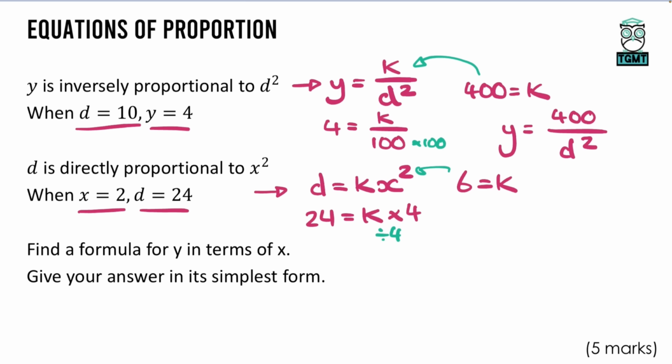Again, don't stop there, put it straight into your formula. So for my direct proportion formula, I get d equals 6x squared. So I now have my two formulas. Now just be careful when doing these. It doesn't happen very often, but I have noticed sometimes that